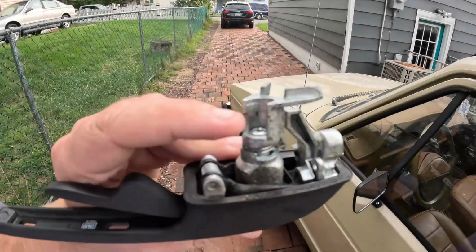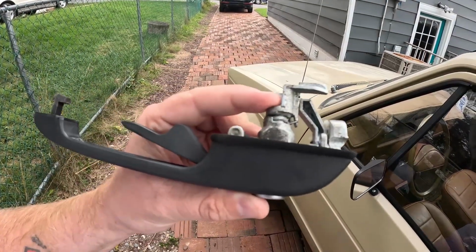I had a feeling this was the culprit because for about, I don't know, probably the last 5 times that I drove this, which I don't drive this that often, so that was probably within the last month, I could tell that when I put the key into the door, the lock cylinder kept popping out after I pulled the key. So I had a feeling that it was getting loose, because that screw here holds that entire stack into the